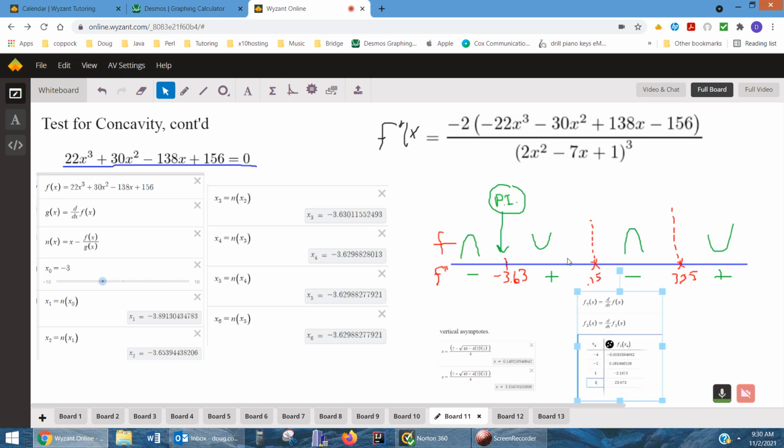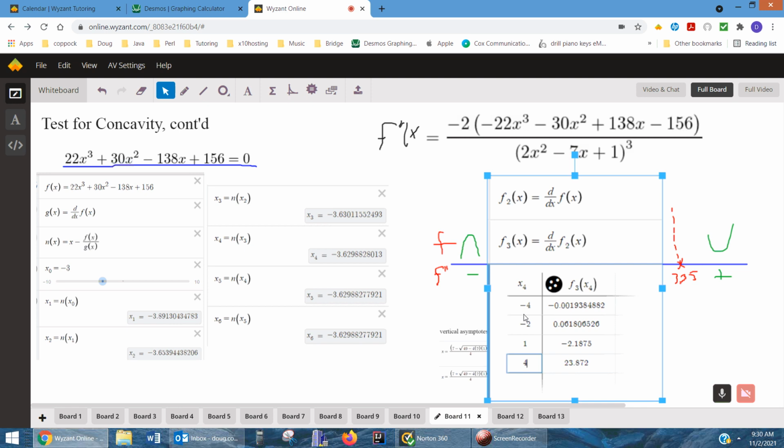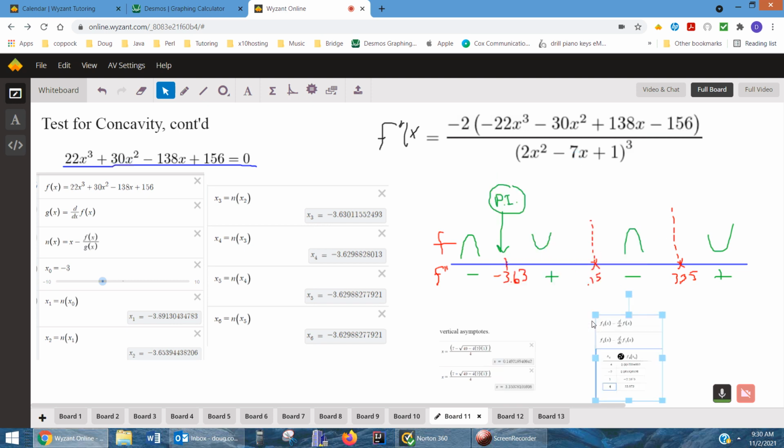And here is a table that tells us the sign of the second derivative in all the intervals created by these numbers. So to the left of negative 3.63, the second derivative is negative. Think of a frown. Negative equals frown, so the original function is concave downward. Between negative 3.63 and 0.15, like 0,